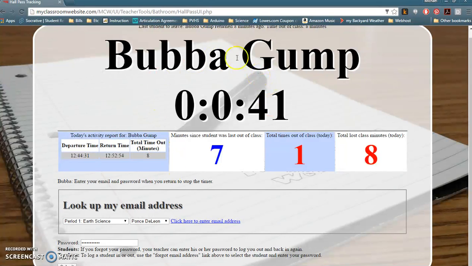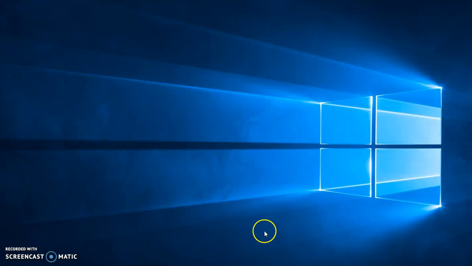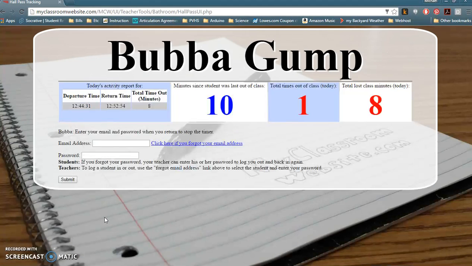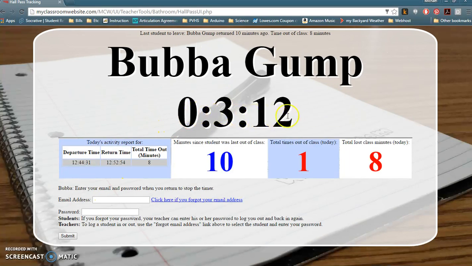Students may also attempt to circumvent the timer by closing the browser, but that won't work. As soon as you reopen the browser, it will pick up right where it left off. Here you can see I've closed the browser and now we'll reopen it. All I have to do is click on Start the Hall Pass Timer again, and you can see that the timer picks up right where it left off without anyone needing to log back in or out. Once again, in order to stop the timer, Bubba will need to put in his email address